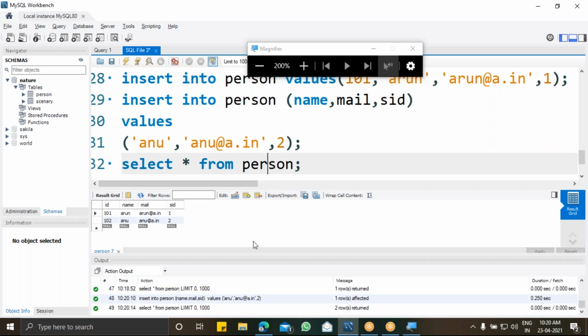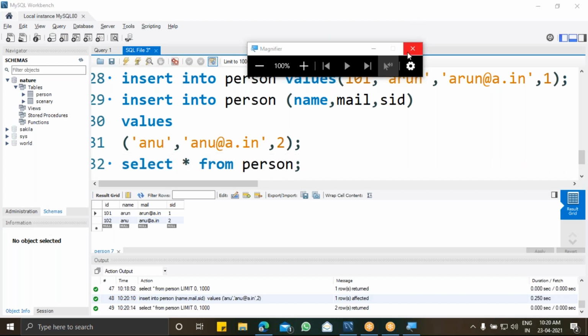Okay, so I hope this is clear. Up to this everyone is clear, because yesterday we started with this and went through this, and after this we saw alter table. So if you want examples, I can show you, or else we can continue today's topic.